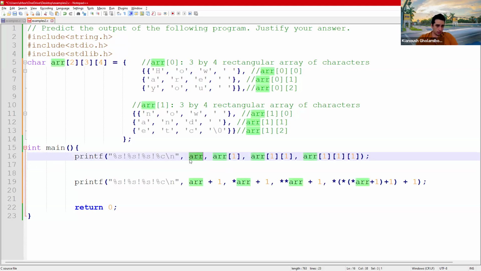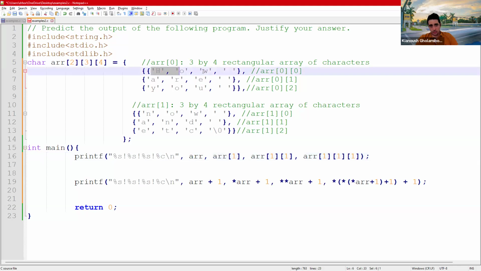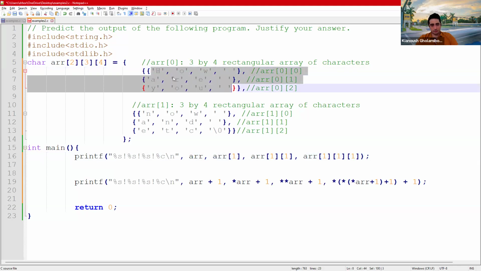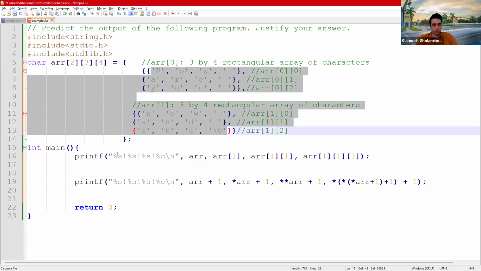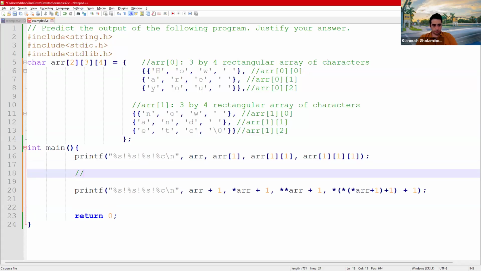Let's begin with the first one. If I want to print the array itself as an array of characters, which is %s, we basically have to read it from the very beginning all the way to the very end, which is going to be how, space, R, space, U, space, now, space, and, space, etc. You may be surprised why this is the case. If you are surprised by this output, it's because